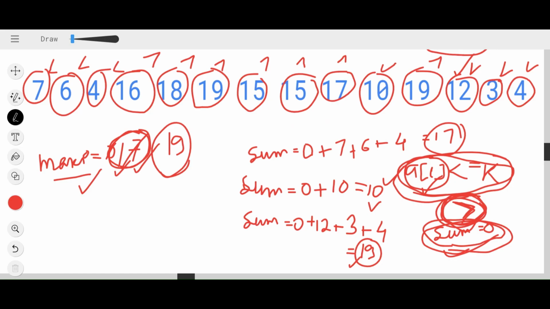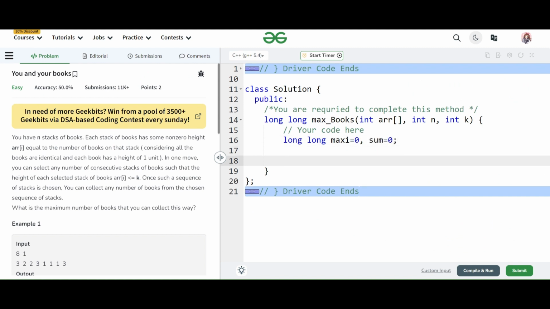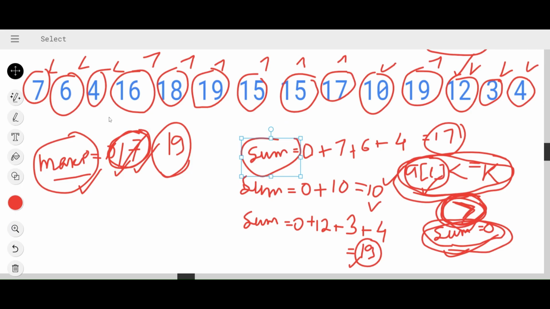So what I'm doing here, I'm considering a maximum element and a sum. So let's declare this first. Long. Now I was traversing the whole array till n. What I was doing, I was looking for the elements which are satisfying this condition.